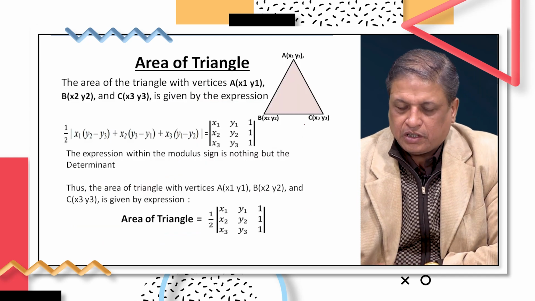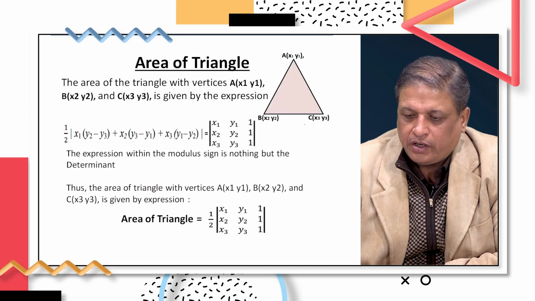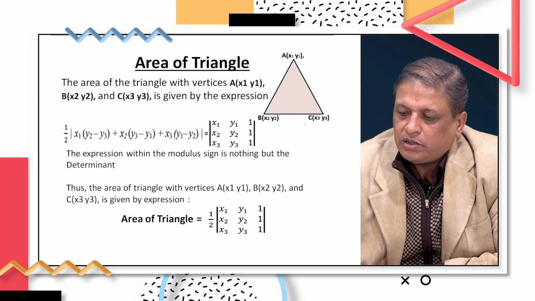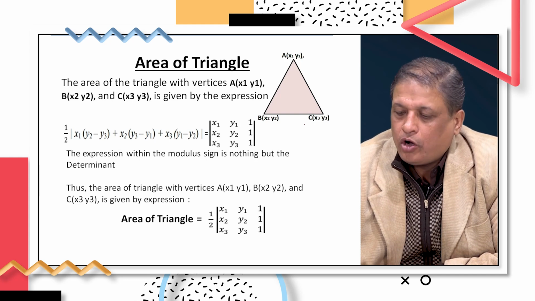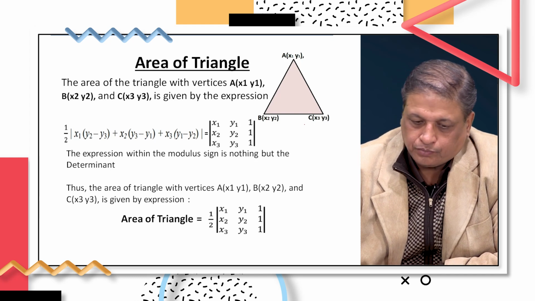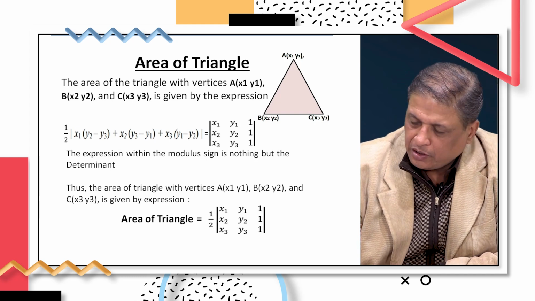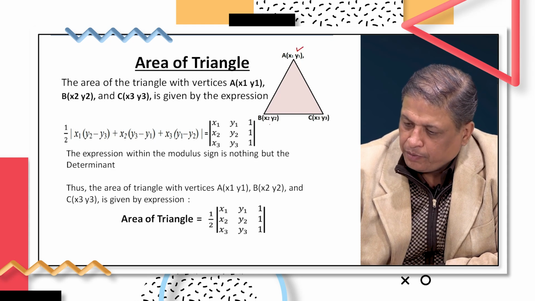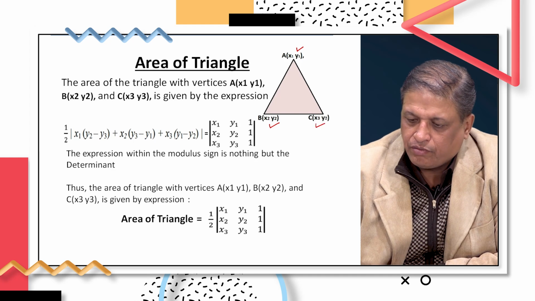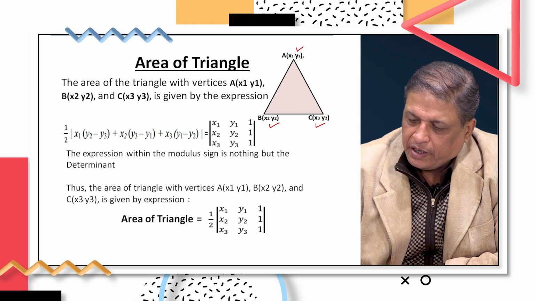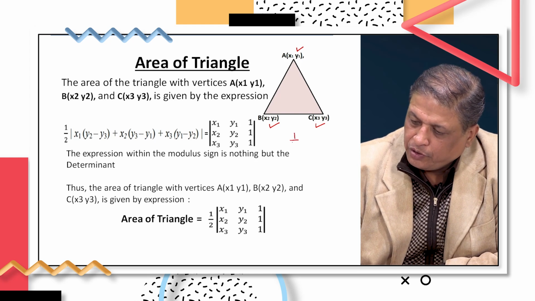Now, let us proceed to the next concept, which is the area of the triangle. This session is about the applications of determinants. The first and very common application is to calculate the area of the triangle. Say there is a triangle wherein the vertices have the coordinates A (x1, y1), B (x2, y2), C (x3, y3). Then the total area, because the area of the triangle is half into base into height,